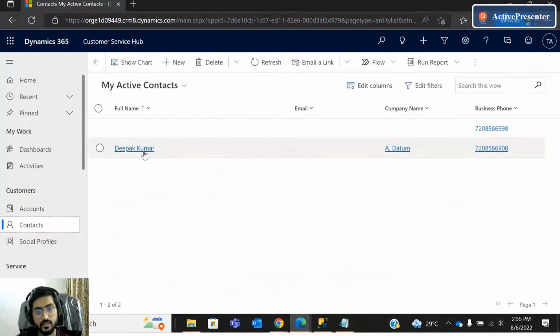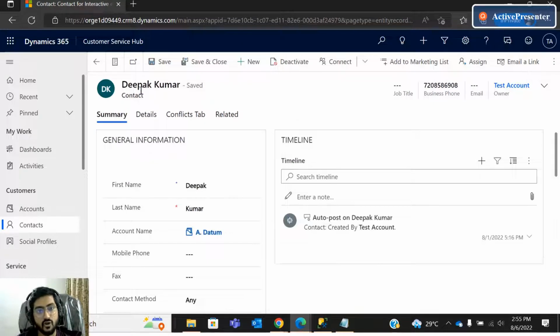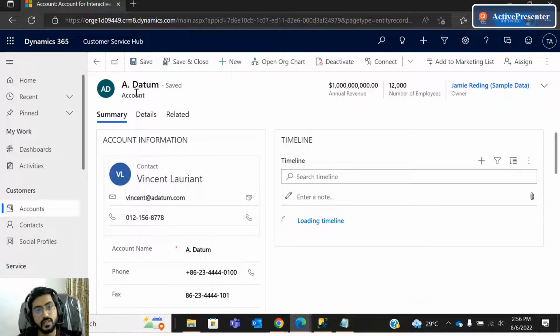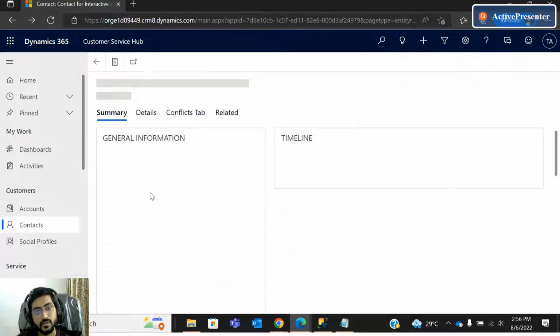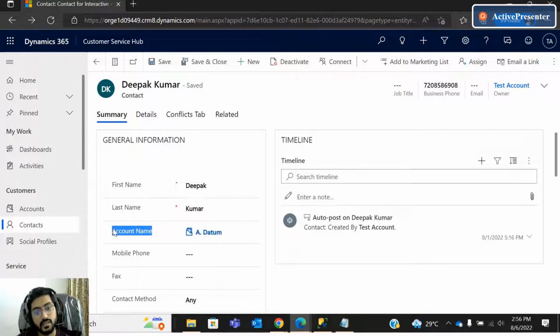So if I open this contact record, then you will be able to understand. Basically in the contact record there is one field called account name. So this contact record is linked to this account, basically this account table. So if you click on this, see, account table is there. So that's the behavior. So if you want to move the data of this field into our destination, then you will get the ID of this record, not the name. So to get the account name, you have to write some external stored procedure that we will see in the next video. So for now we will just get the ID, and that ID we will store inside another field,